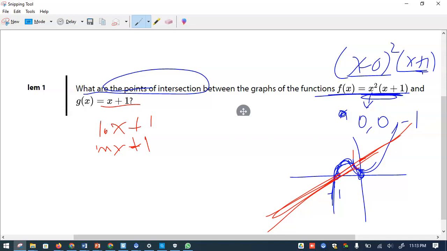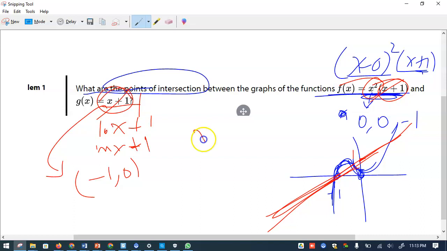So one thing is, you can see there's x plus 1 and x plus 1 naturally. Remember, if there is x plus 1, same thing. So opposite of plus 1 is minus 1. So this is one of the points. Then take this off, and this 1 stays here. And you say this x squared equals 1. And that means x equals plus or minus square root of 1, which is 1. So the answer is plus and minus 1, but this minus 1 is already considered, so the only thing left